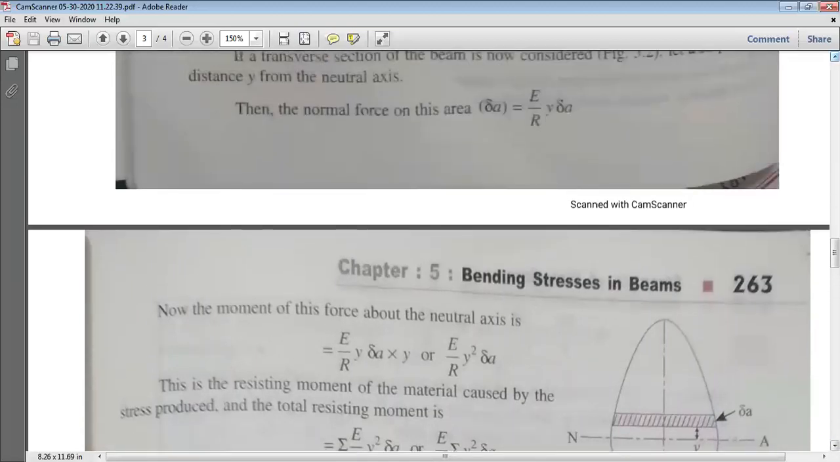Before coming to this point, we know the normal force is E by R Y into A, and if we have to find the moment, then we have to multiply this E by R Y into delta A with the Y, because moment is nothing but the product of force and perpendicular distance from the neutral axis, the axis about which we are taking moment. So this way we will be finding E